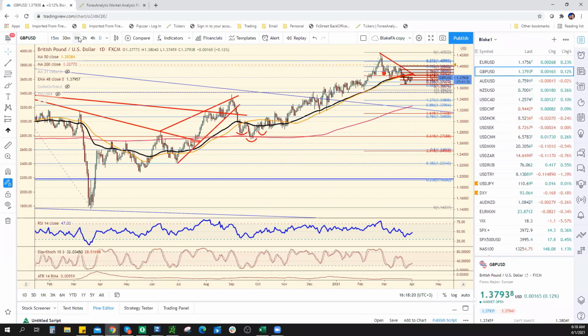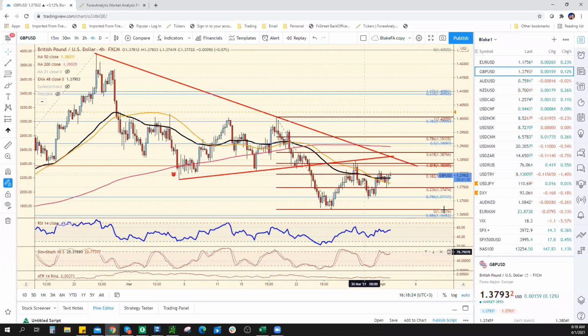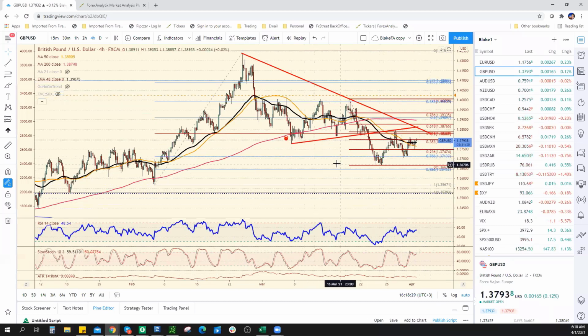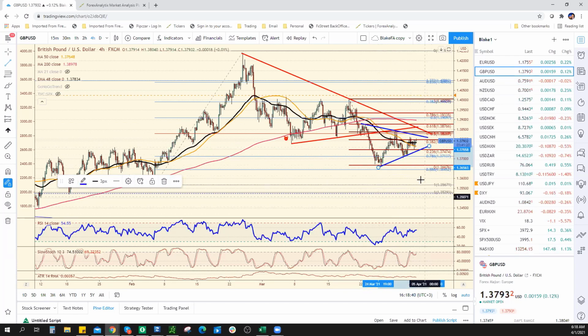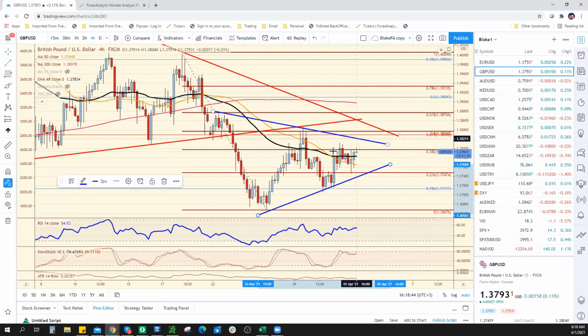Okay, here's the cable. So the cable, and by the way, the dollar is just a little weaker this morning. And the Aussie dollar is kind of false breaking. Things are happening like that. But look at the sterling. So this is a chart that I think is going to be kind of important here. If we make that symmetrical,